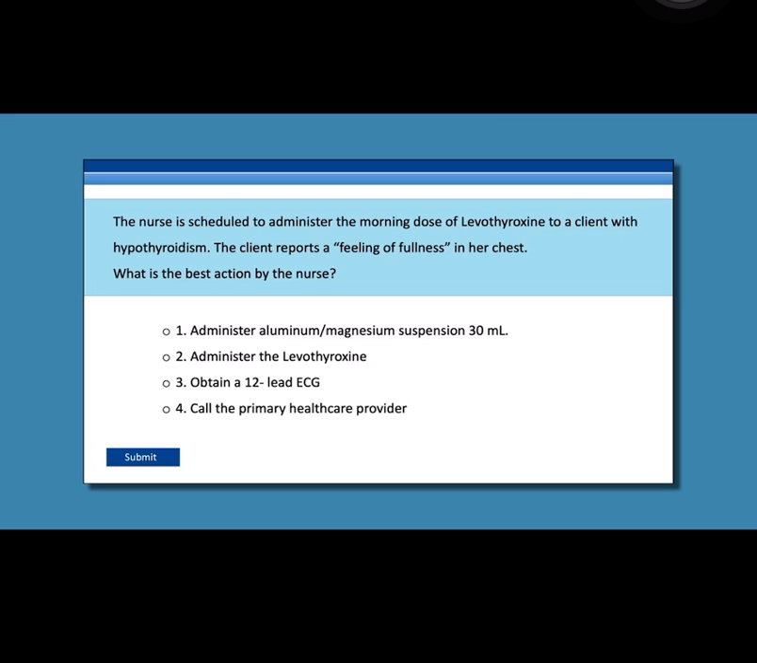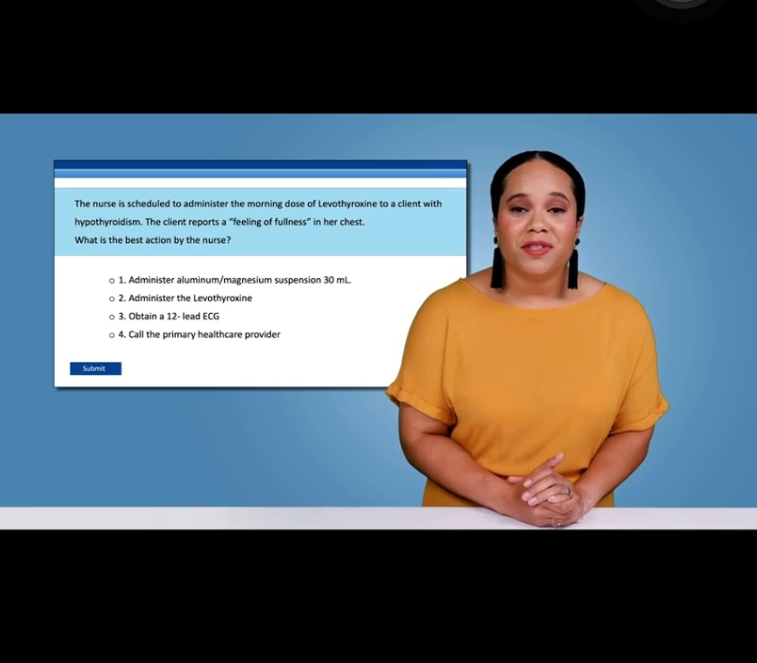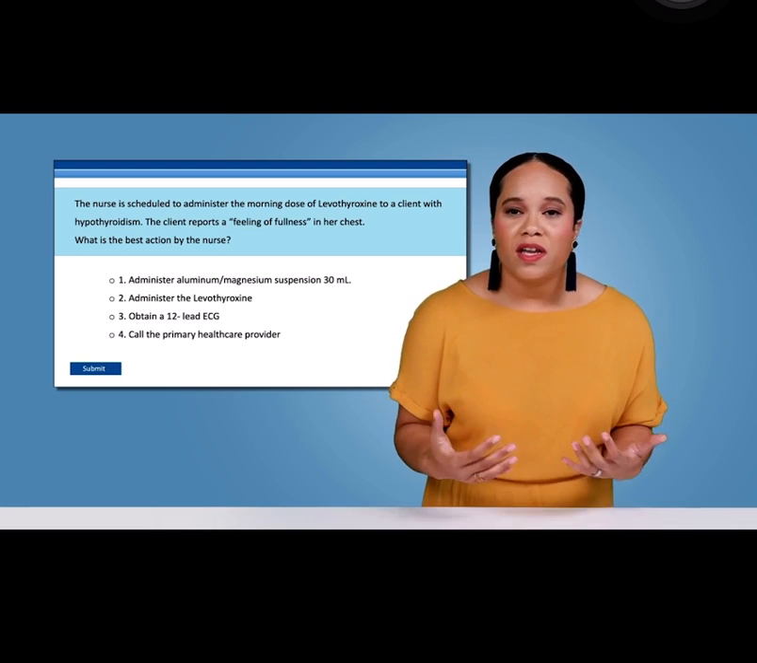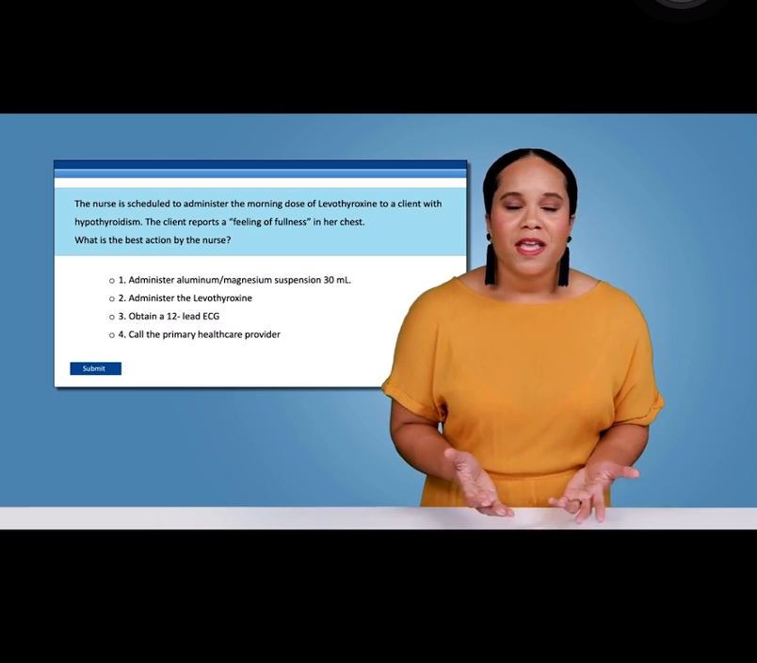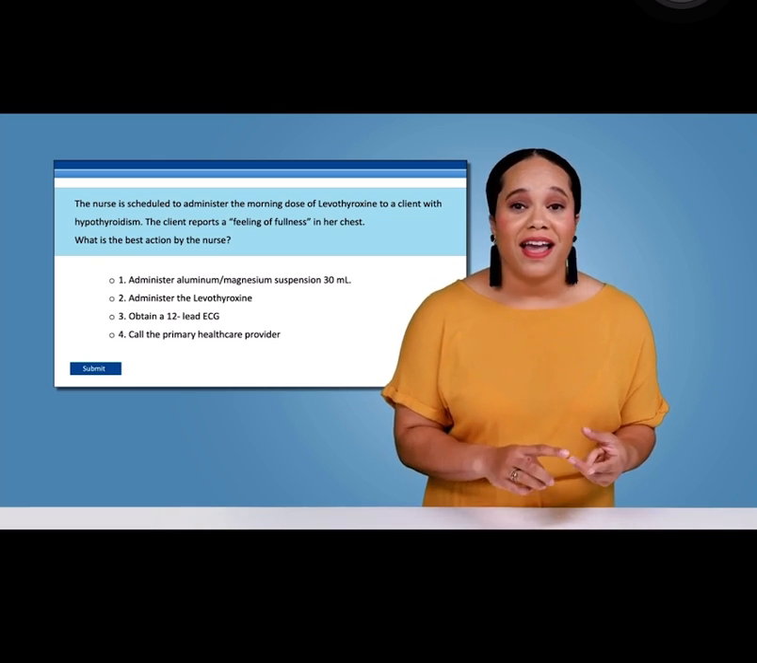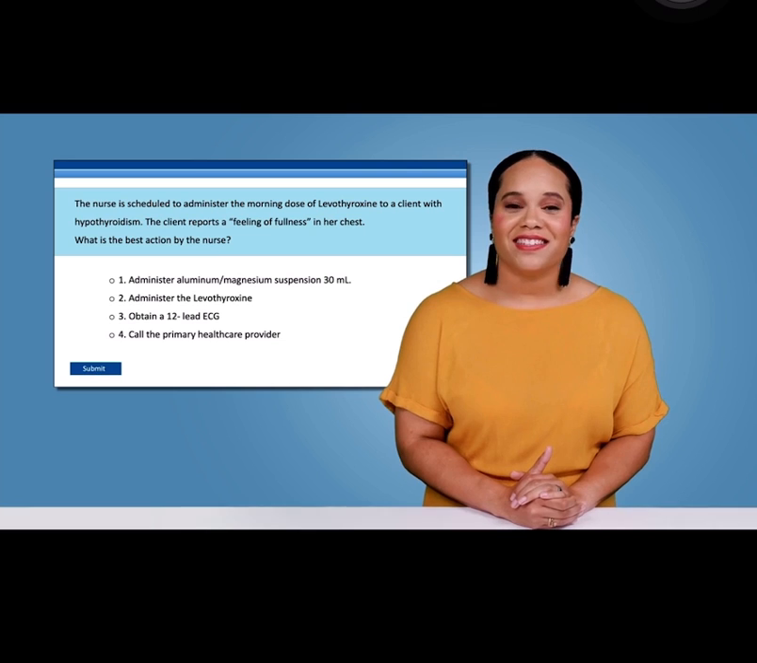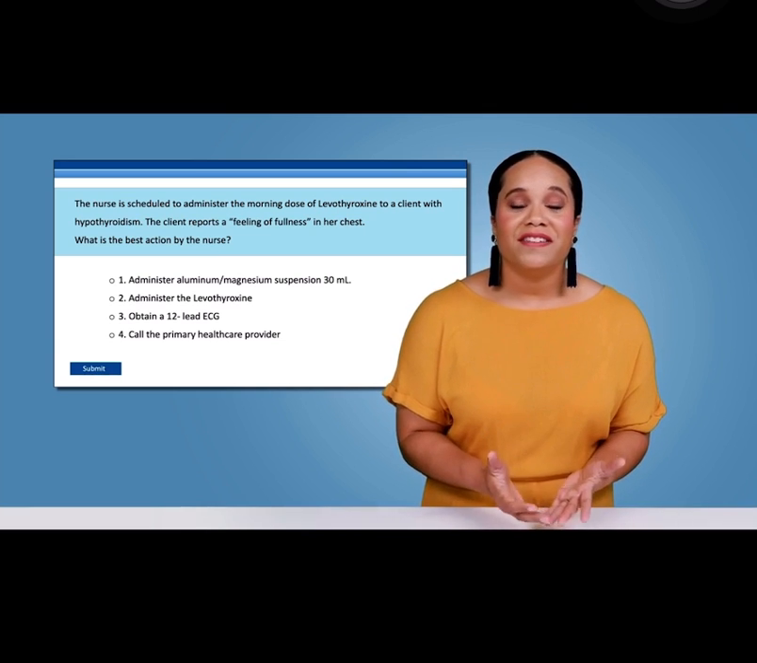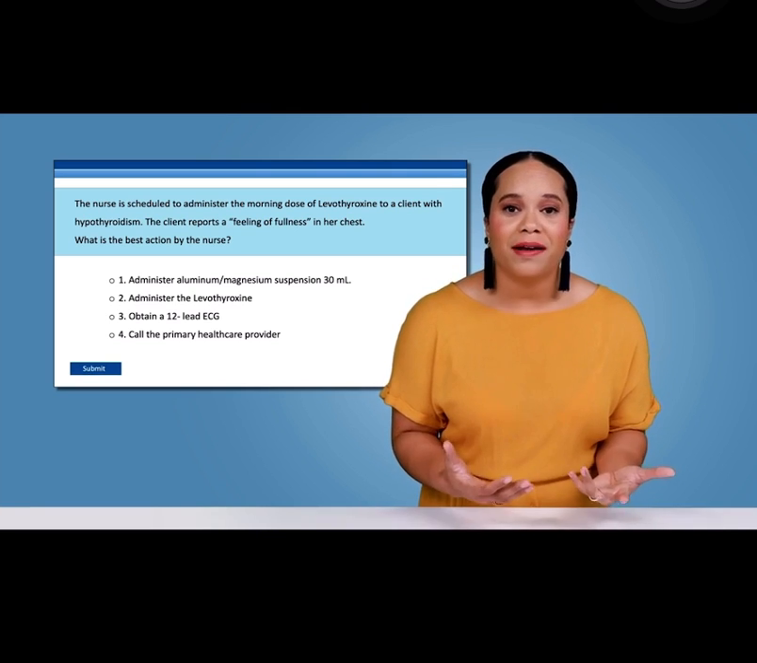Number 3, obtain a 12-lead ECG. Now, this is a favorite answer for students, but if you select this, you are delaying care. What do I mean by that? First of all, this answer makes the assumption that a 12-lead ECG is what you would do first if the client has an MI. Is that what you learned? No, you learned oxygen, aspirin, nitro, and morphine, right? Then start an IV access. See, by obtaining a 12-lead ECG, you postponed care that the primary healthcare provider would have prescribed to fix the